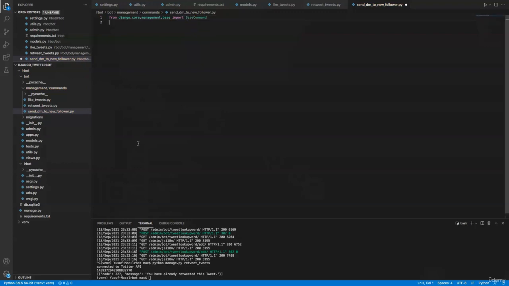Okay, then I'm going to import our database table. So I'll do from bot.models import LastFollower and OutboundDirectMessage. So here we are not doing any streaming command, so we are just importing our database tables. Then the next thing is from bot.utils import authentication,